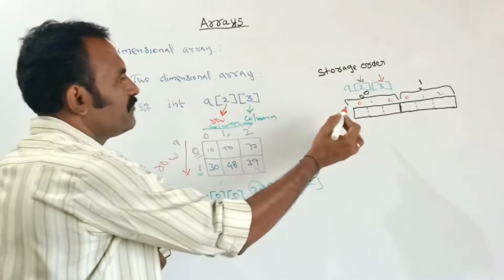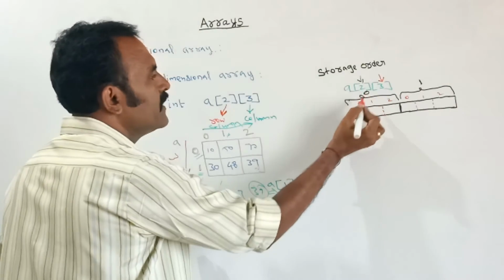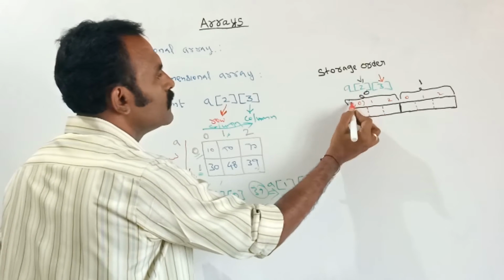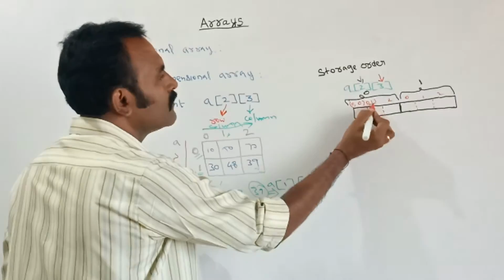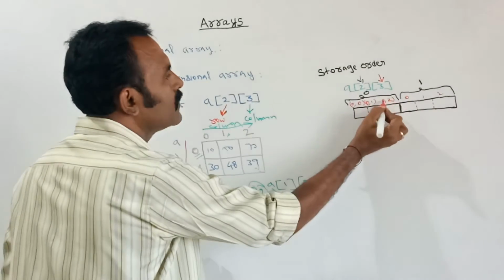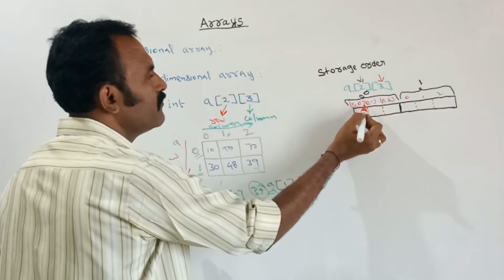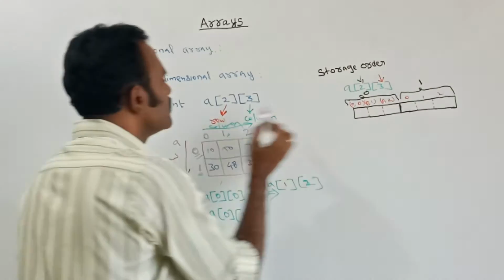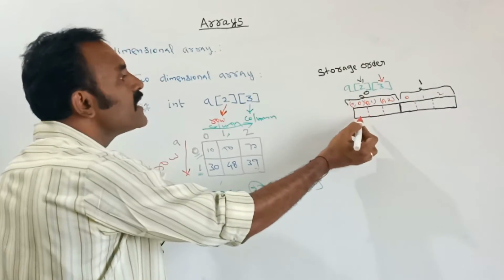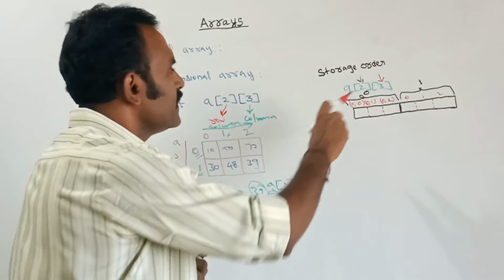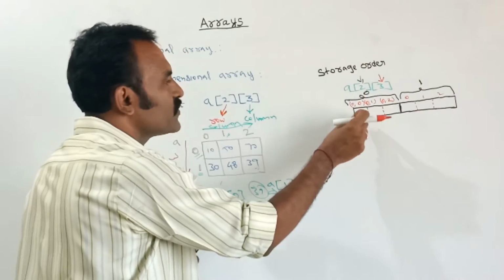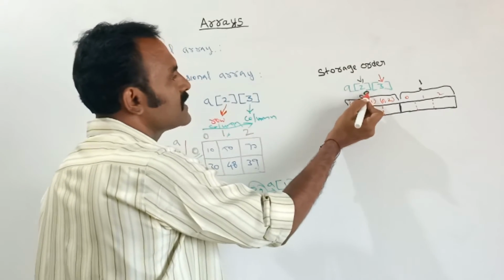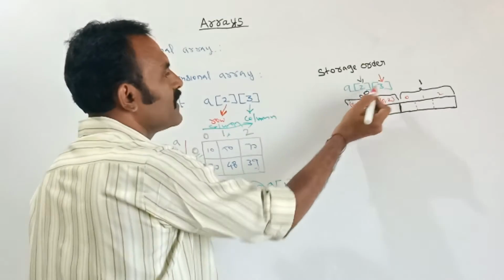See here, when we are referring in memory, this one is the 0th first subscript value, 0, 0. This one is 0, 1. This one is 0, 2. Because each and every time we should mention the position of the first subscript value also. Each time we mention a position inside a two-dimensional array, we should refer to the first subscript and the second subscript value. So the first subscript is 0, and the second subscript value is 0.